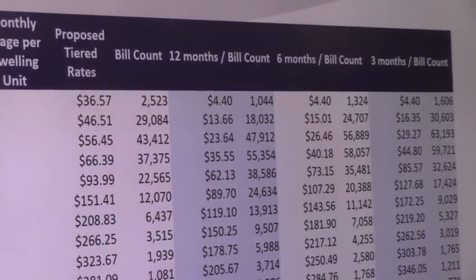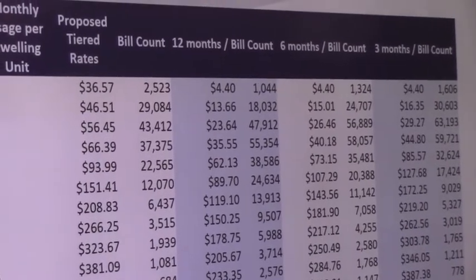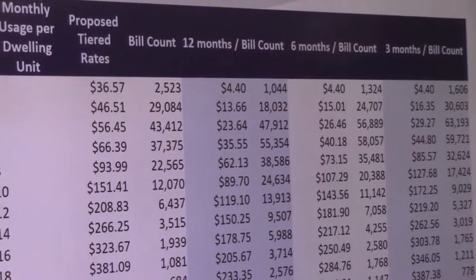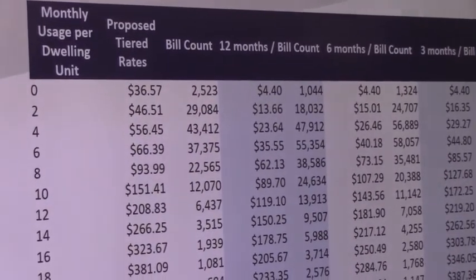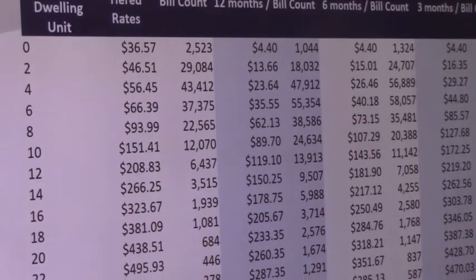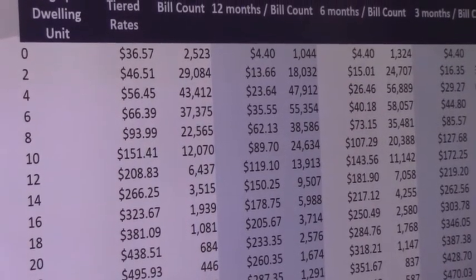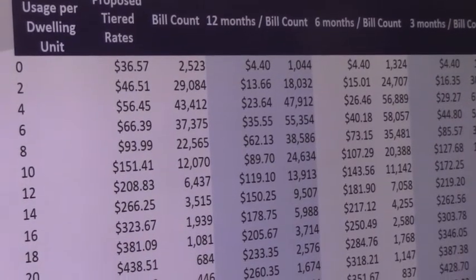The other way to think of it, for kind of explaining to customers that they do have some variability, like if you look at the 6 units, that means that customer will pay $35.55 for 0 to 6 units. And then if they bump up the next year, they're paying $62 for 0 to 8. And so that gives them that flexibility. As long as I stay under 8, I know what my bill's gonna be.